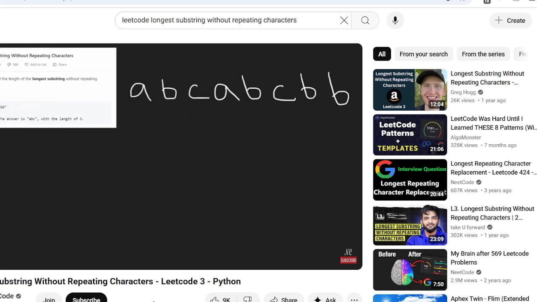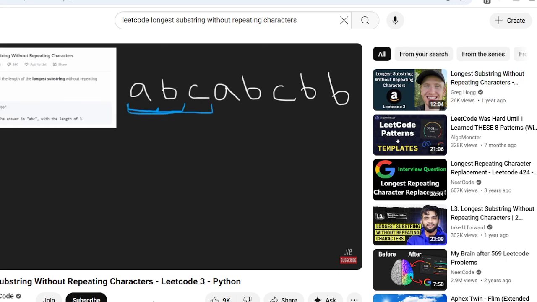So the first idea that comes to my mind at least is, just check every single substring, check if it has any duplicates. If it doesn't, then we're just going to take the longest one of those strings and return the length. So how would that algorithm run? Okay, first we'd start at A. We want to get every substring starting at A. So just this one A, well, that doesn't have any duplicates. AB, that doesn't have any duplicates.